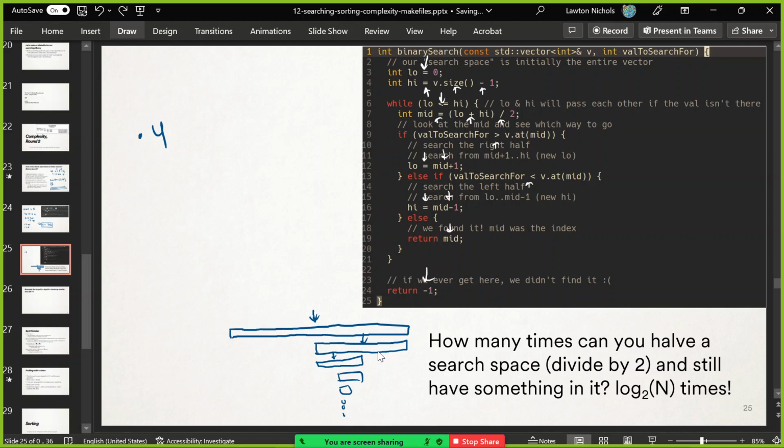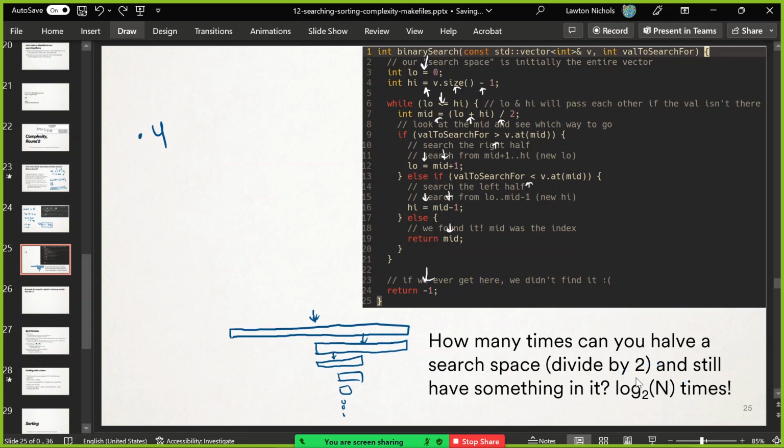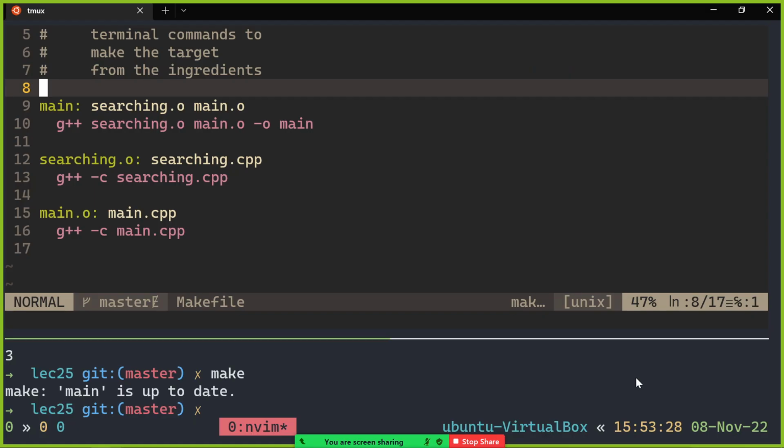So if you think about that long enough, how many times can you divide by 2 and still have something in it? It is on the order of log base 2 of the size of the vector times. That's how many times you can have it. It's exponentially getting smaller, and so logarithms come into play. That's the idea. So for example, if we had a